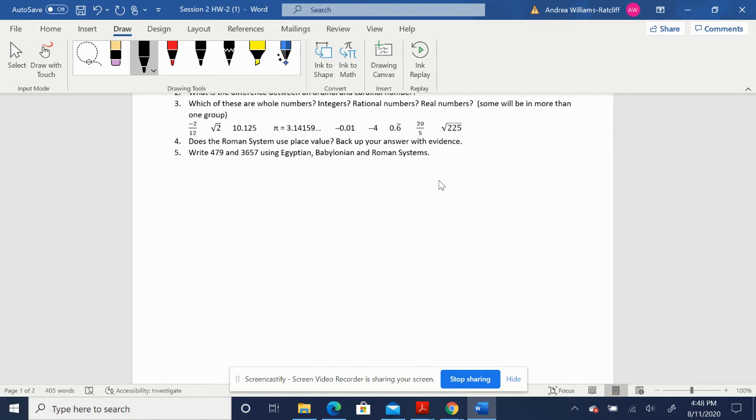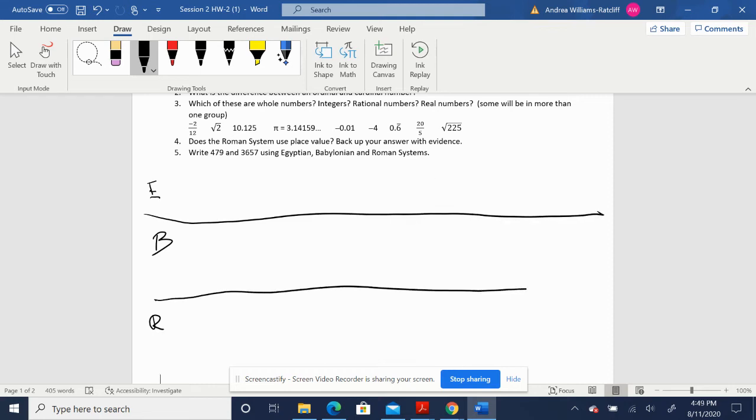Okay. So what I'm going to do here is I'm going to try to label E for Egyptian, B for Babylonian, and R for Roman. And I'm going to kind of draw a cross here. And I'm going to split this down the middle. Okay? I'm going to use this side for 479. And I'm going to use this side